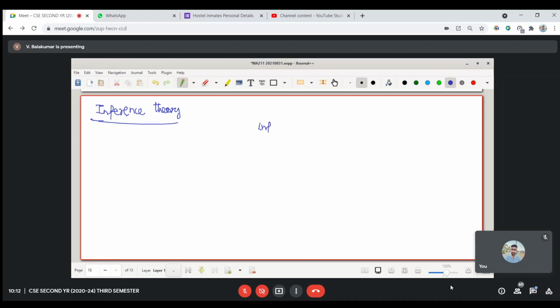Inference is actually drawing conclusions, roughly. Psychology may be different for different people, so we need mathematical conclusions. Anybody can do it, and they should also get the same conclusion. That kind of thing we need.